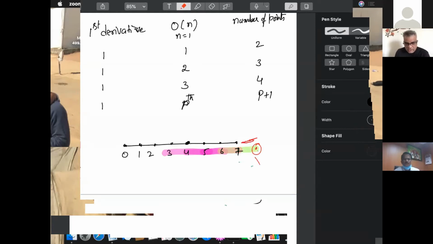Similarly, if you are looking at gradients at point 0, you don't have this point. This is only for second order gradient. If you go for third order accuracy, you need 2 more points at the boundaries, so 4 more points. The number of points that are required will keep increasing as you reach the boundaries. So that's a major problem that you find in finite difference method.